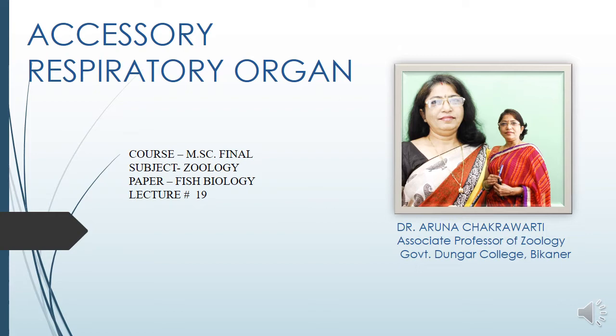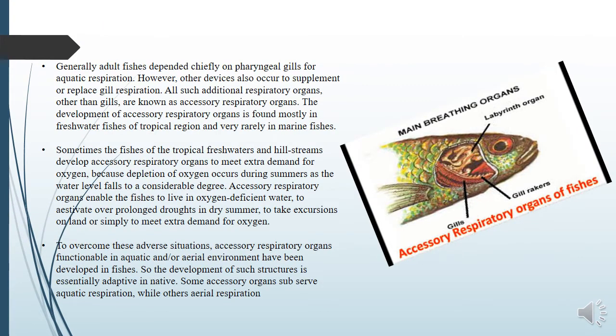Students, today we will discuss accessory respiratory organs in fishes. The development of accessory respiratory organs in fishes took place in order to cope with the danger of dying, stream reduction, reduction of large reservoirs into small muddy pools, and consequent scarcity of oxygen, and above all excess of carbon dioxide being dissolved to produce carbonic acid, a toxic chemical in the aquatic habitat.